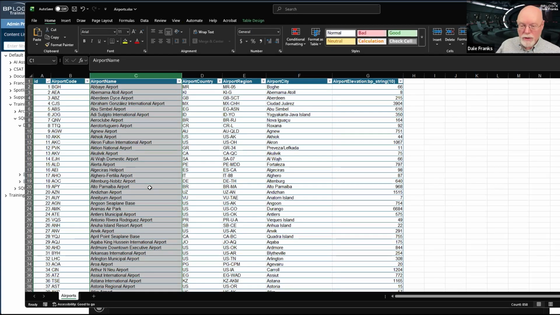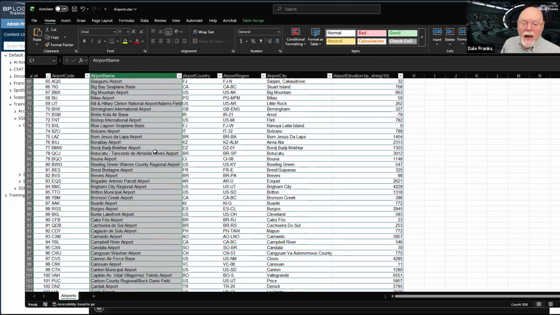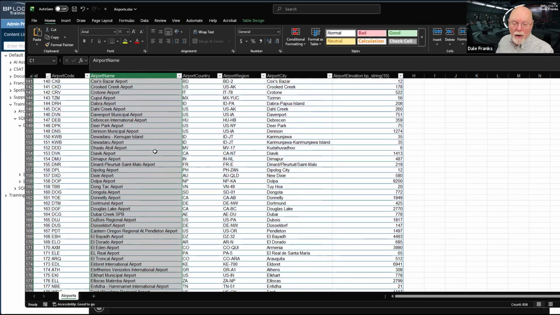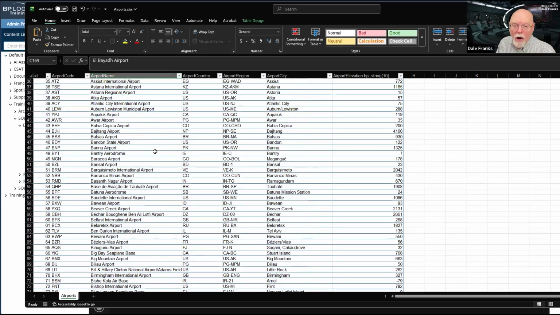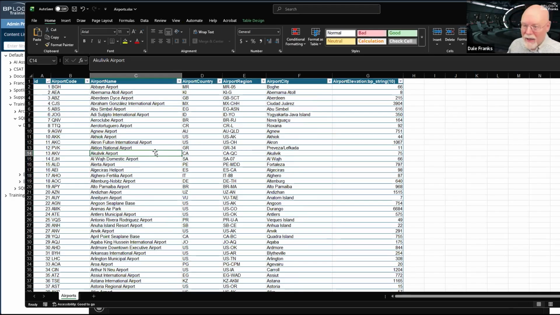My users would be perfectly happy with that because when they were using the dropdown, everything would be in alphabetical order. And that would be cool. But that is an artifact of how I created this data out of Mockaroo. Mockaroo is a website you can go to and it'll create all kinds of crazy mock data for you. So this is cool, but your data is probably not going to be sorted that way.